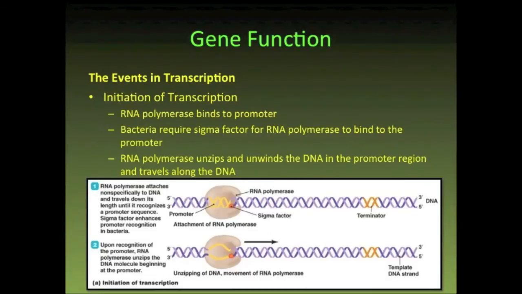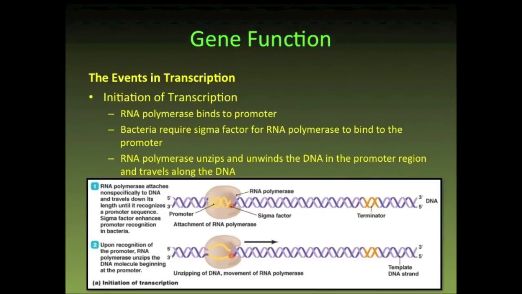Initiation of transcription occurs when the enzyme RNA polymerase binds to a region of the DNA known as a promoter. Promoters are nucleotide sequences that are located near the beginning of a gene. In bacteria, a protein known as sigma factor assists RNA polymerase in recognizing and binding to the promoter. There are different types of sigma factors and different promoter sequences used by bacterial cells to control the events of